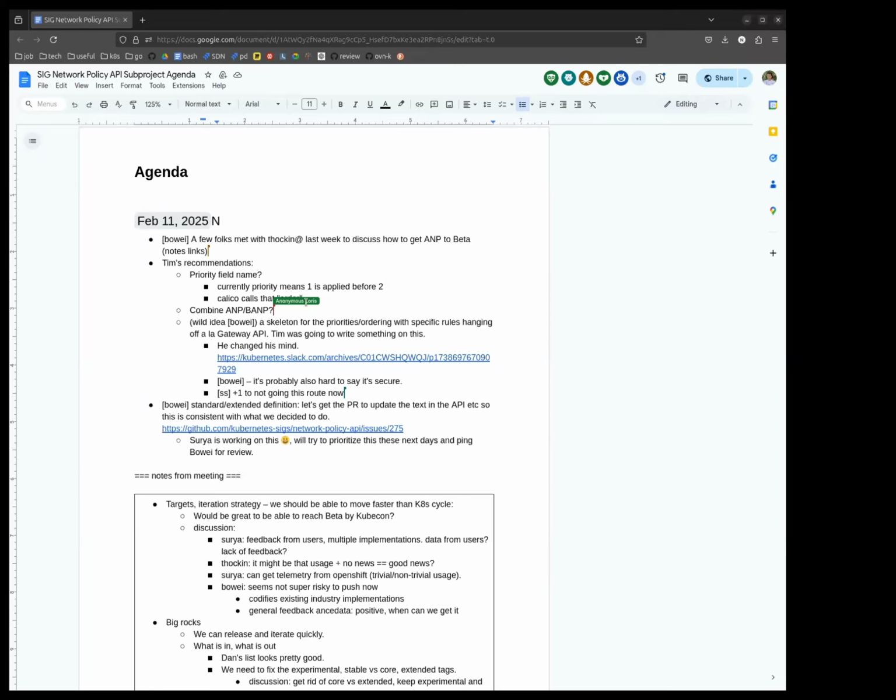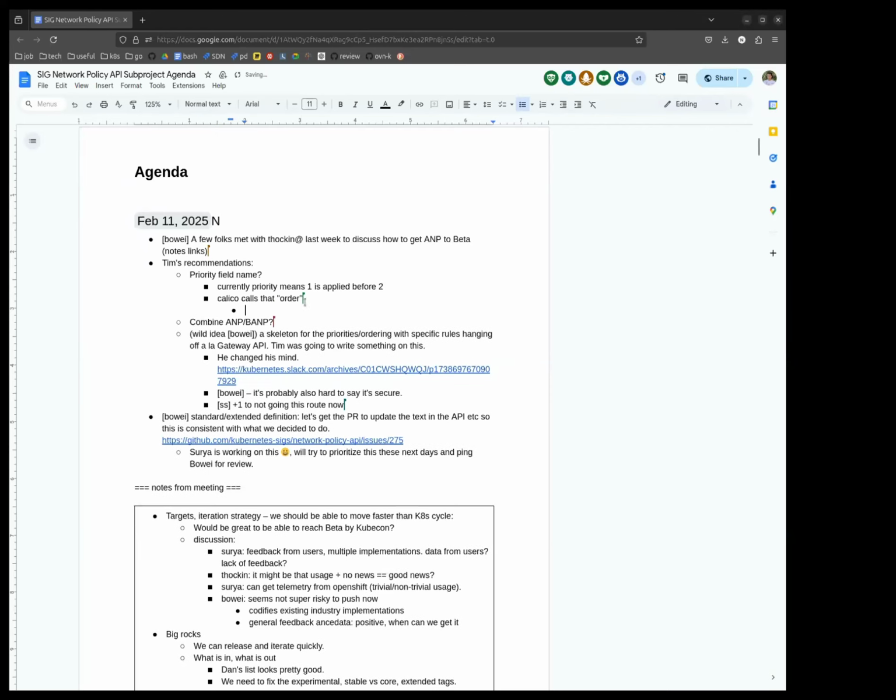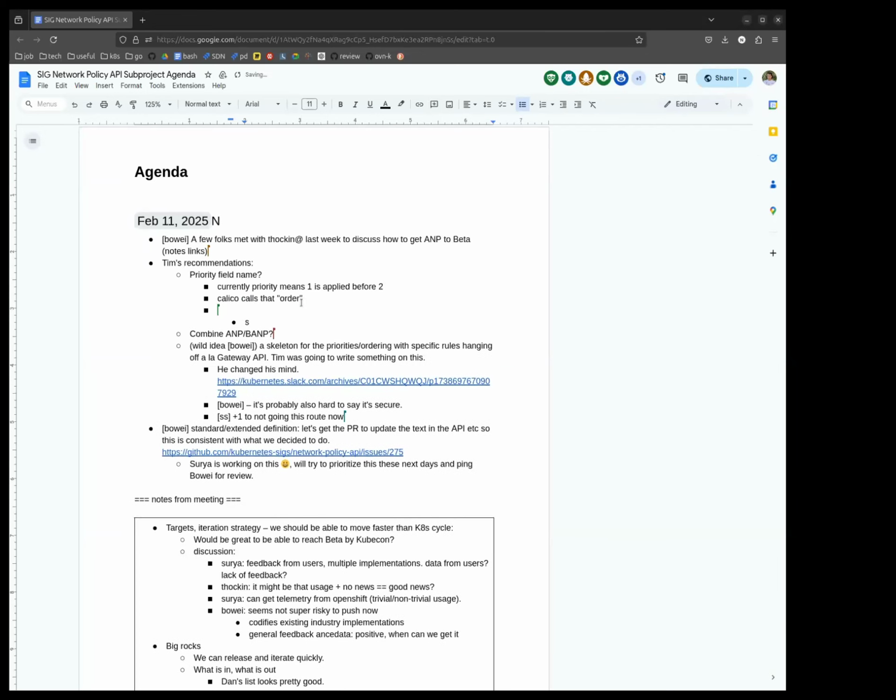Calico orders all of your policies. We use a tiebreaker, but we discussed this a lot with the different vendors when we came up with that wording, I think. So in Calico's case, it's 100% deterministic. We sort the policies by order, and then we sort them by name. If there's a tie, that's just how we break ties. So there's always an ordering, and that's how our data plane works. It's an ordered data plane. We execute rules in a particular order, so it maps very cleanly onto what we have.